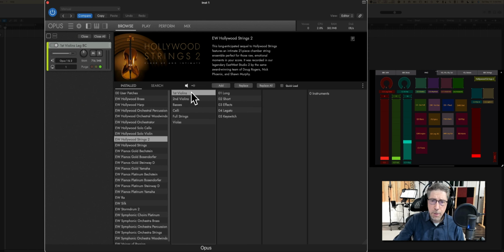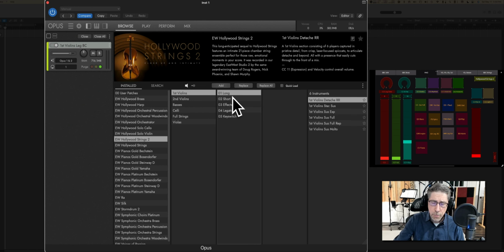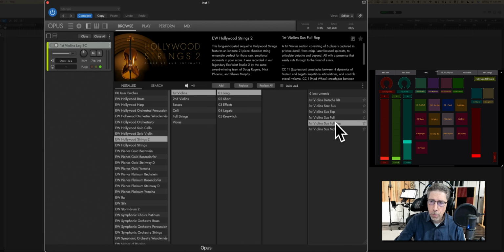So the first violins sound, as I said, definitely smaller than Hollywood Strings, and I'm going to compare them in a second. But if I go to my sustain full,